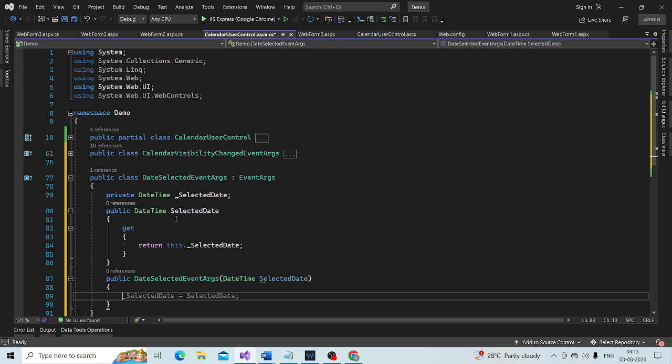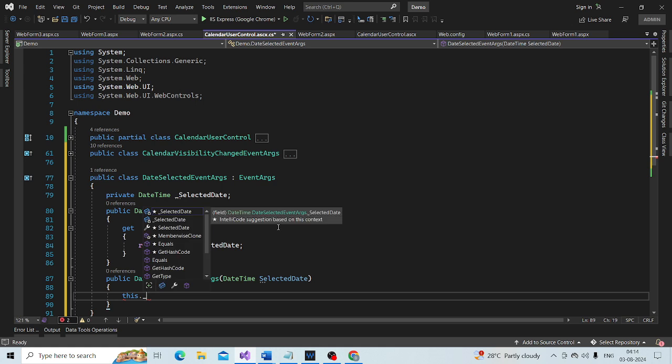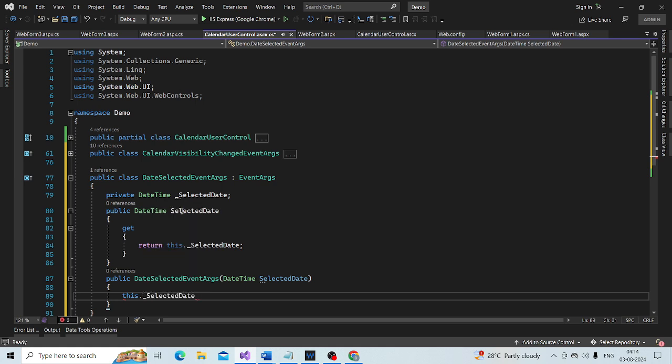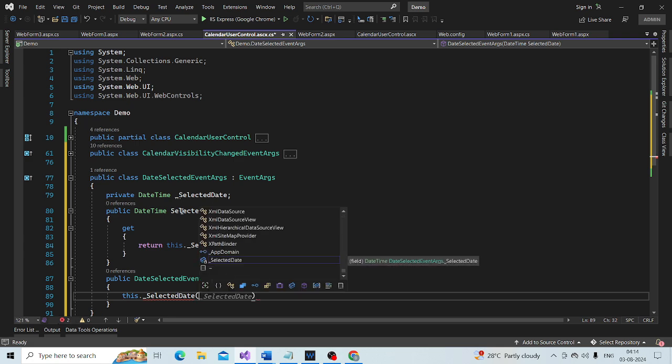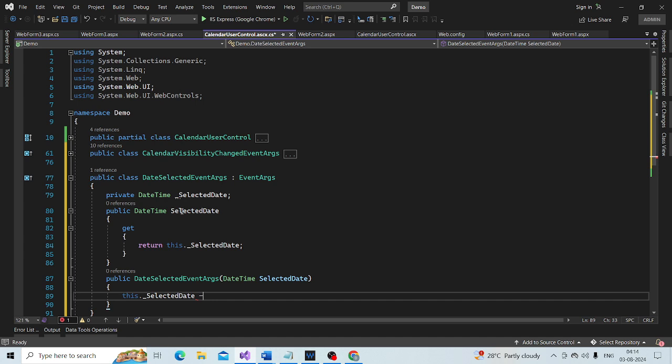So this._selectedDate is equal to whatever is coming into this parameter, selectedDate.